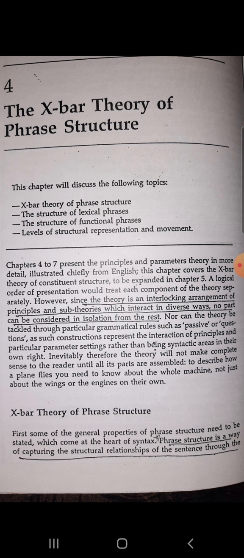Today, we are going to discuss the X-bar theory of phrase structure. I hope that you can recall that I told you that this theory is actually a submodule of the major theory of principles and parameters. I told you that Chomsky's theory of universal grammar is based upon principles and parameters theory majorly, and under that theory, there are some submodules. We have already discussed a few of the modules, for example, theta theory, government theory, binding theory, like that.